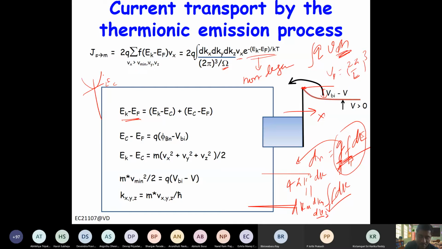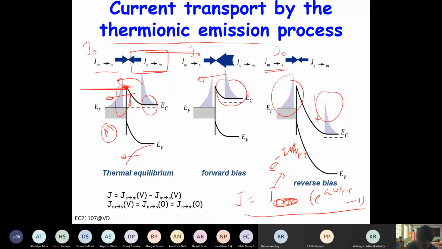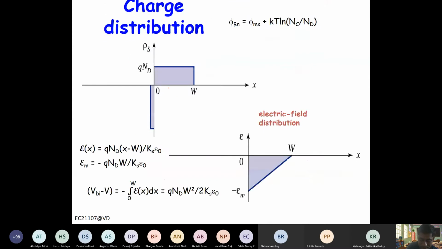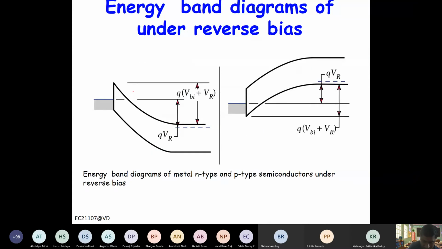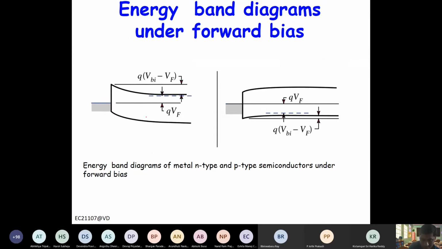So this will come out, it is a constant thing. The gap between the Fermi level and conduction band edge is constant for a given doping. So it will come out and you will have E minus EC, which will be h bar square k square by 2m. Then there's another relationship for EC minus EF. If you look at the previous slide, you can see here, this is EC, this is EF, right? So EC minus EF is this gap.